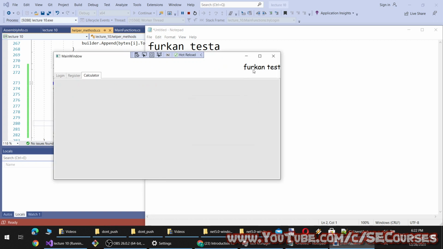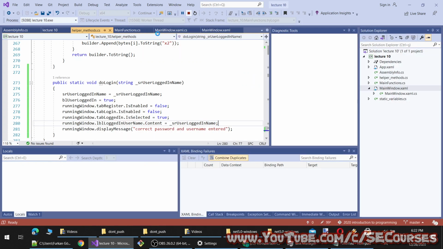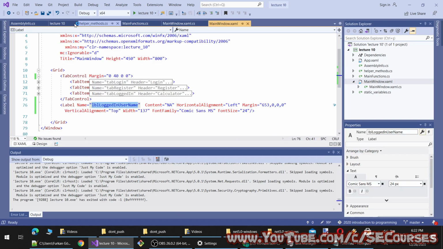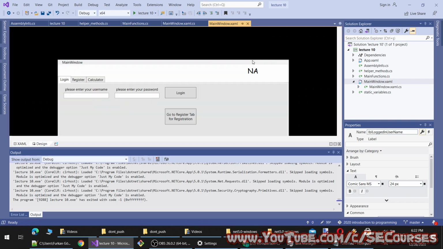Okay, you see it has exceeded the space we set.